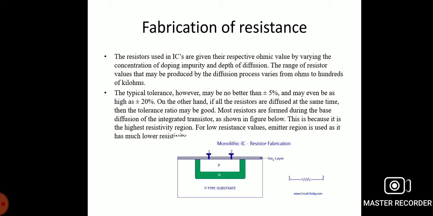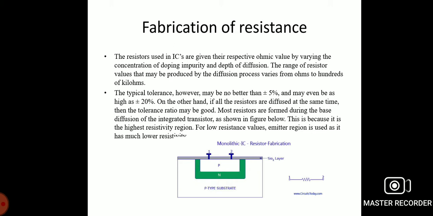The diffused resistor has a severe limitation in that only small valued resistors can be fabricated. The surface geometry, such as the length and width, and the diffused impurity profile determine the resistance value. The commonly used parameter for defining this resistance is called the sheet resistance. It is defined as the resistance in ohms per square of the diffused area.